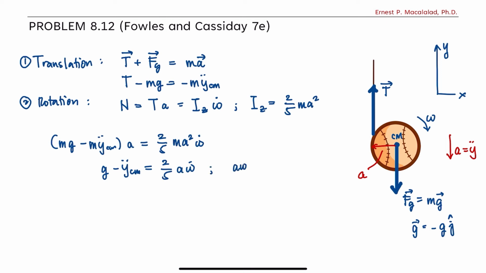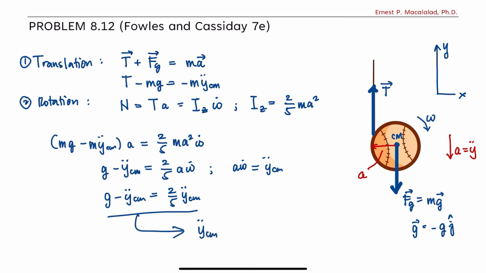Since a omega dot is equal to y cm double dot, therefore g minus y double dot cm is equal to 2/5 y double dot cm. This gives us the final result where the acceleration of the center of mass of the ball is equal to 5/7